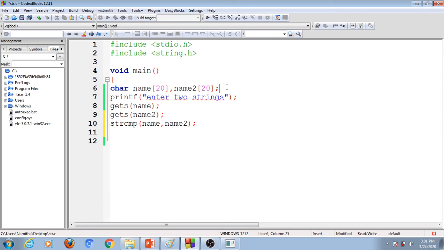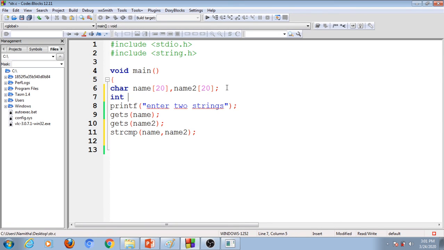So we need to declare one integer variable here. After executing this, it returns a value, so n equals that value. The returned value is loaded into this integer variable n. Now using this, if n equals 0, we can conclude that